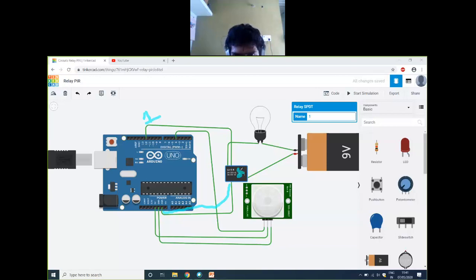Once these two get connected, your bulb will be switched on. Is that point clear?